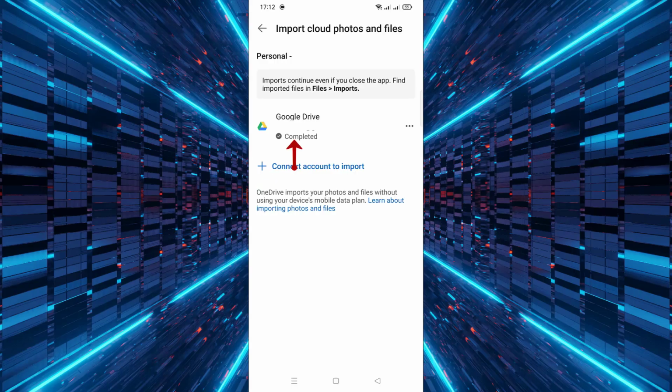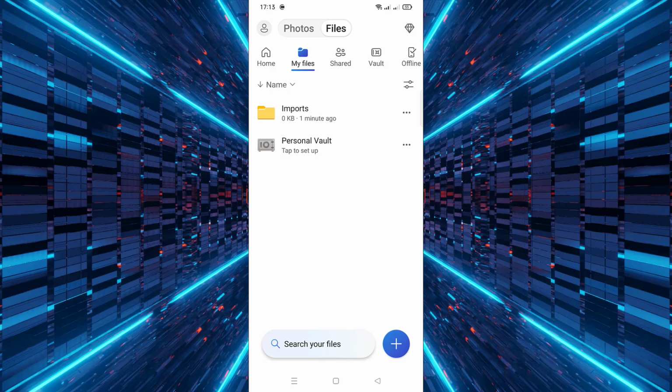When the import finishes, go back to My Files in OneDrive, and you will find your imported files ready to